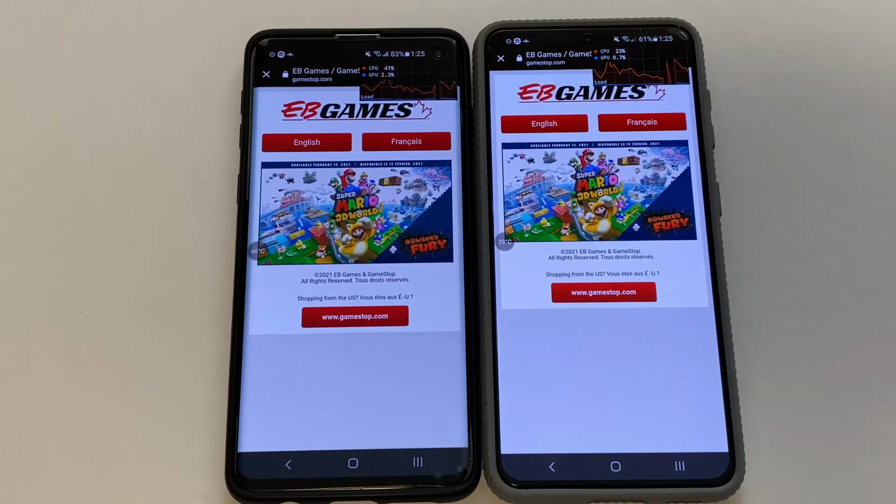Which phone will get your PS5 faster? Looks like the S10 will. Okay. Since they're both running on the same Wi-Fi network, the phone that I tap first might look faster because they're both trying to hog the same Wi-Fi. In fact, you can quickly do a Wi-Fi speed test. So if you just go on Chrome,